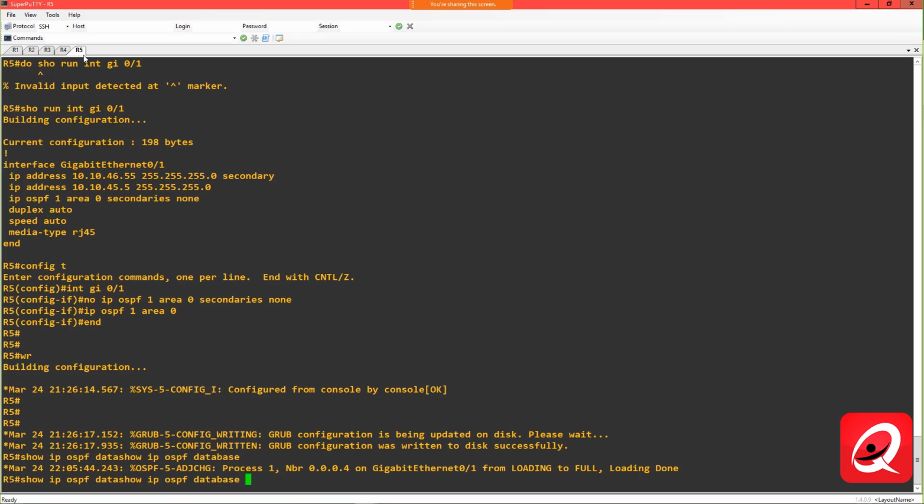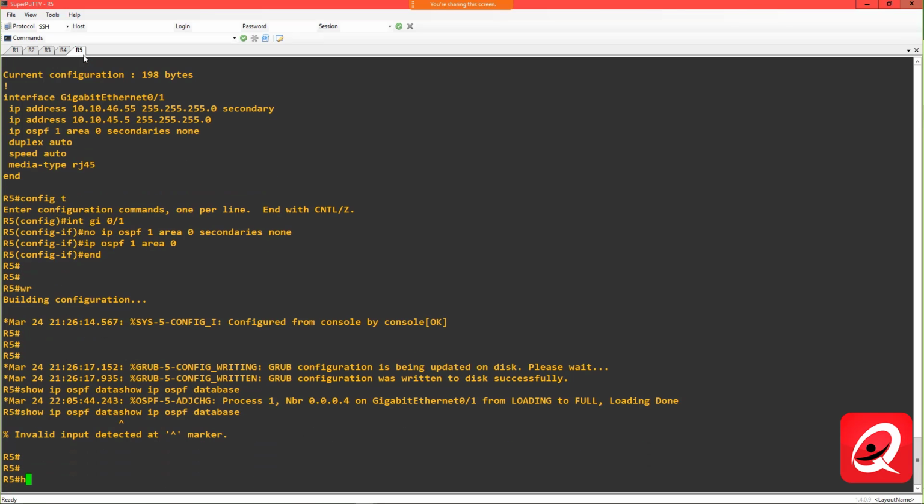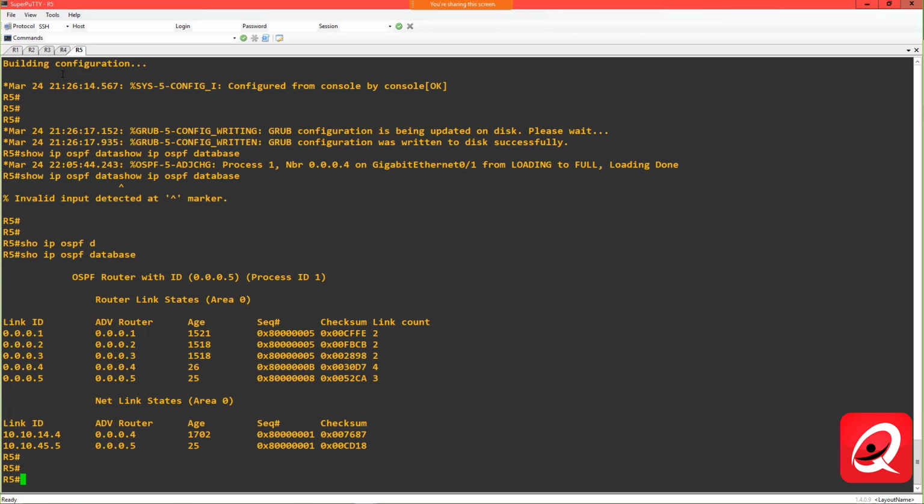Now if I do a show ip ospf database, you'll notice here I'm still seeing Net Link States coming from router 5. All right? And that's not what I want to see. If I do a show ip ospf neighbor,